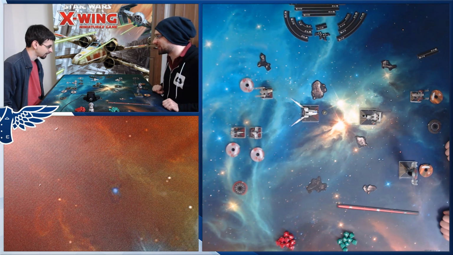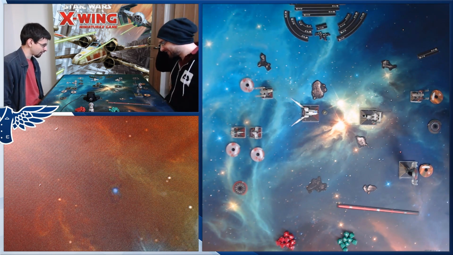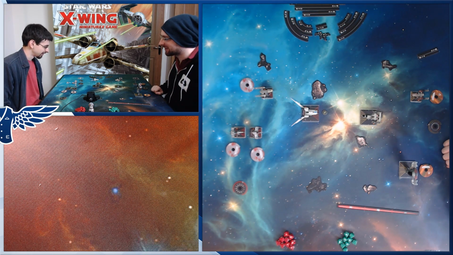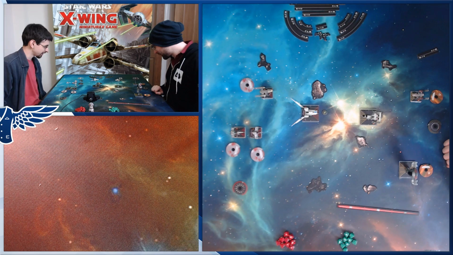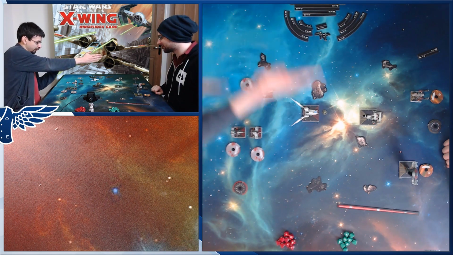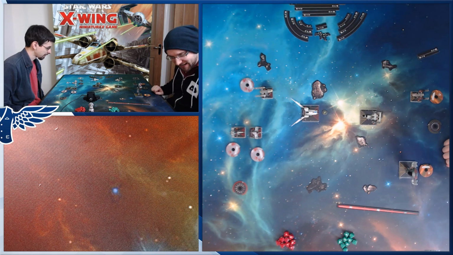It's a lovely ship you've got there. It's the medium ship face-off. It'd be a shame if something happened to it. The Initiative 3 medium ship face-off. This half of the board is a mirror, and then this half is not. And then my action...